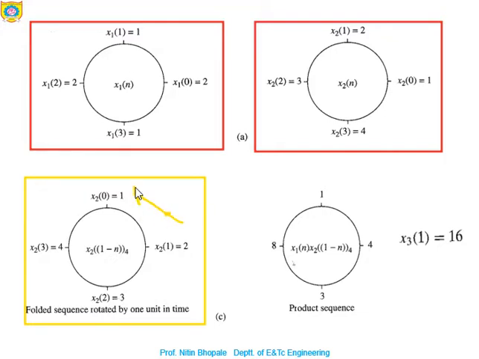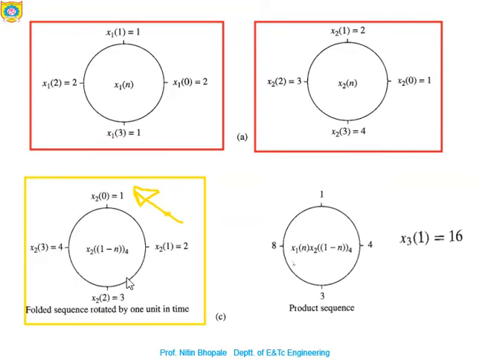So it is shifted here by 1 position. So it is in an anti-clockwise fashion. Minus n plus 1, that is the delayed sequence. So obviously it is to be written like this. So x2 of 0, then x2 of 1 will be here. This is x2 of 2 and this is x2 of 3. Now this is nothing but x2 of 1 minus n.